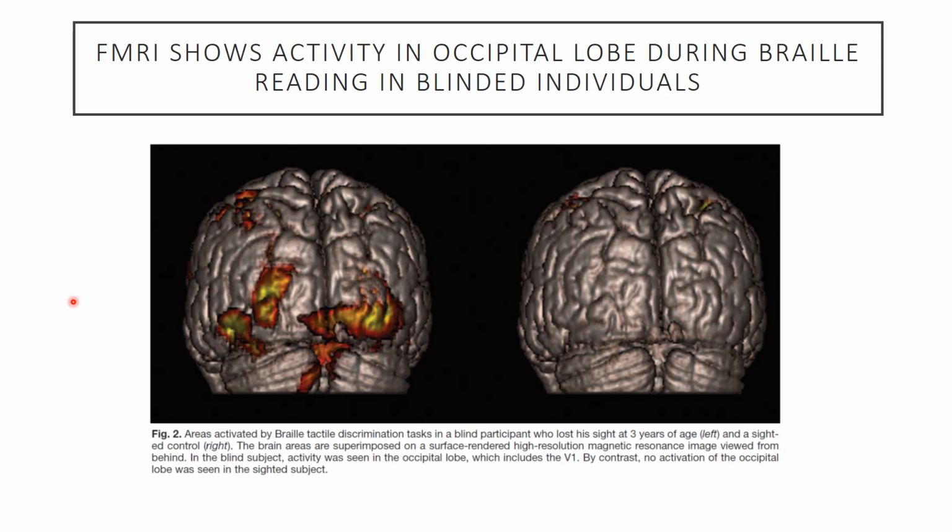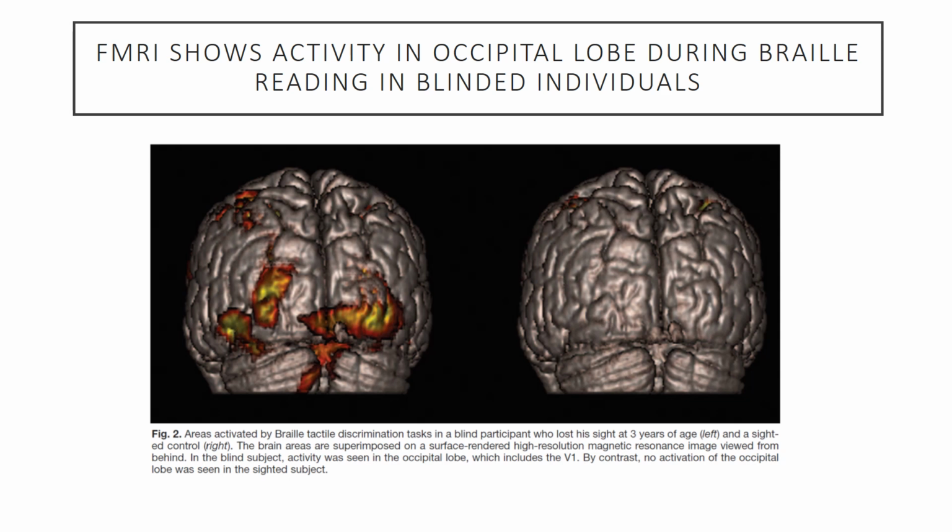For blinded individuals, so these are individuals that are born blind, and they're taught how to read braille. So they've been reading braille for a long time. When we do fMRI scanning for these individuals while they are reading braille, we see activity in the occipital lobe. And if you remember from the visual portions of this class, those are the visual centers of the brain. This is going to be V1, V2, V3, V4. That's what you're going to mostly find in the occipital lobe. These individuals are blind. They are not able to see. Yet when they're reading with braille, they're using their visual cortex.